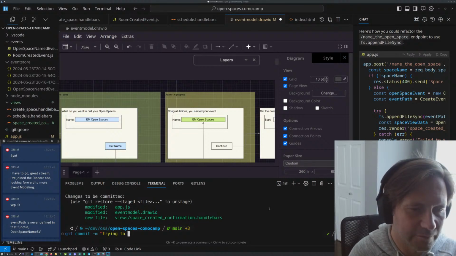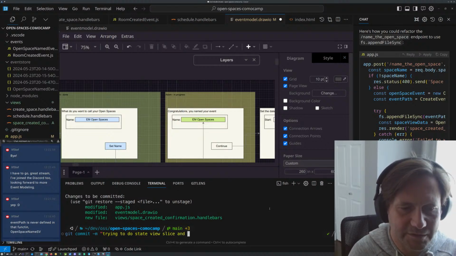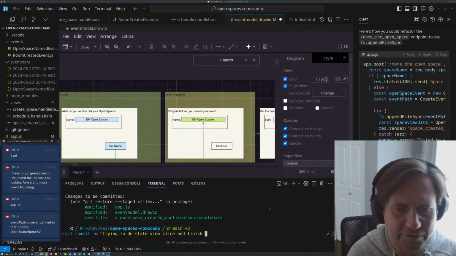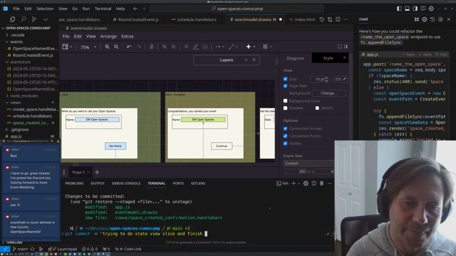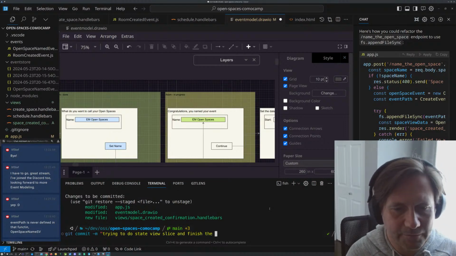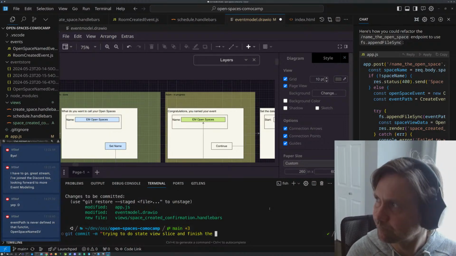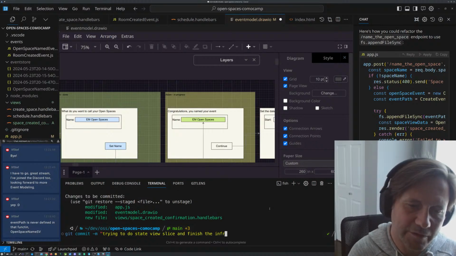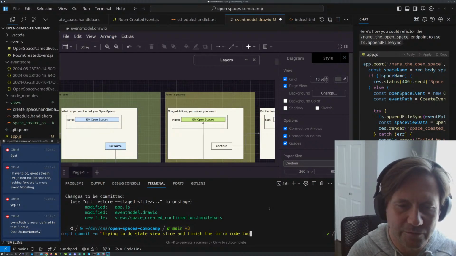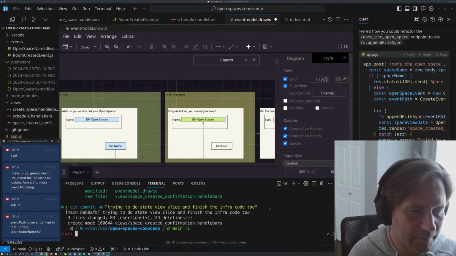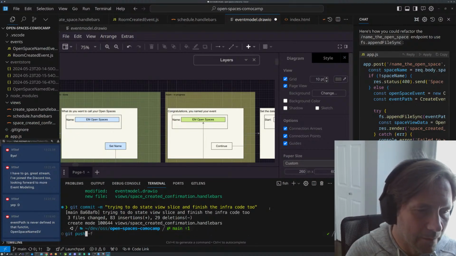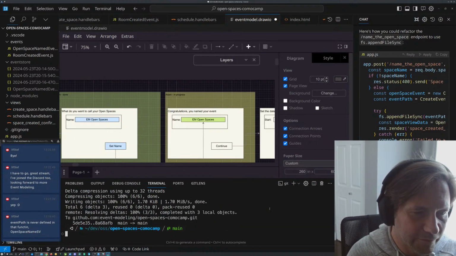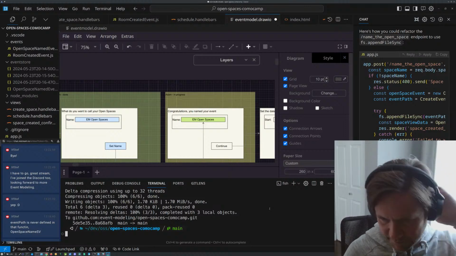Trying to do state, view, slice, and finish. Finish the info code. Okay, don't need the F. There we go. Perfect, so it's up there.